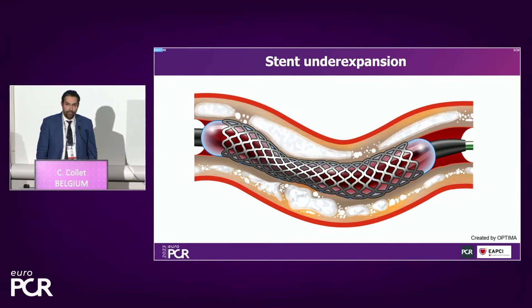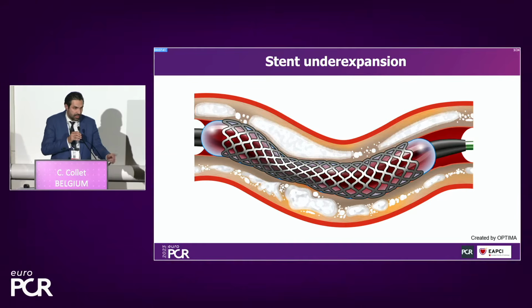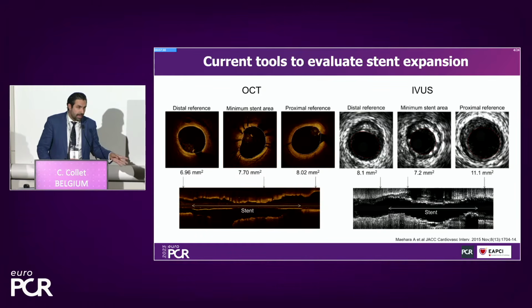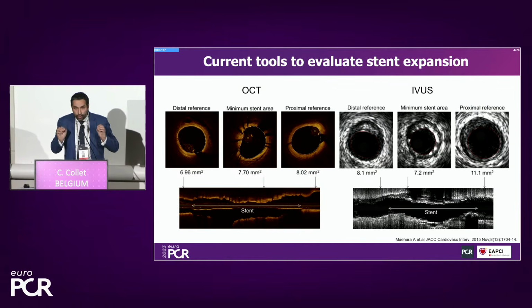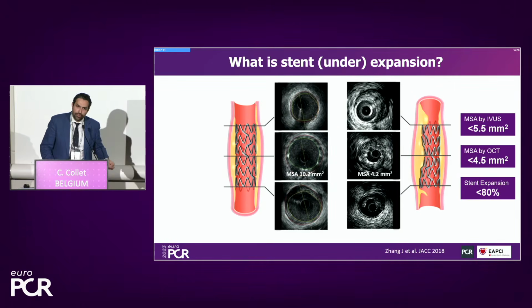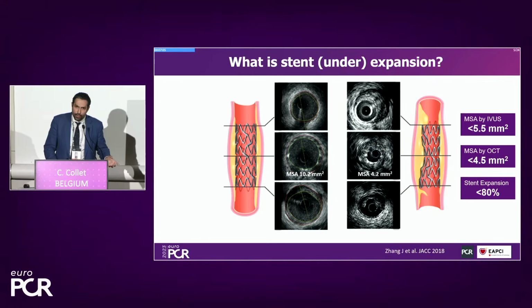The problem is that if you are unaware of the plaque that you are treating and you implant the stent, as Nieves showed in her case, in a heavy calcific lesion, the minimal stent area will remain low, and we have seen how important that is in terms of outcomes. Nieves has also highlighted that the two main modalities today to assess stent expansion are IVUS and OCT. So this is the way that we have today to have a better and quantitative evaluation of the minimal stent area. And you have seen also that there are different cutoffs. You can use method-specific cutoffs, you can do a relative index, but it doesn't matter how you define it,